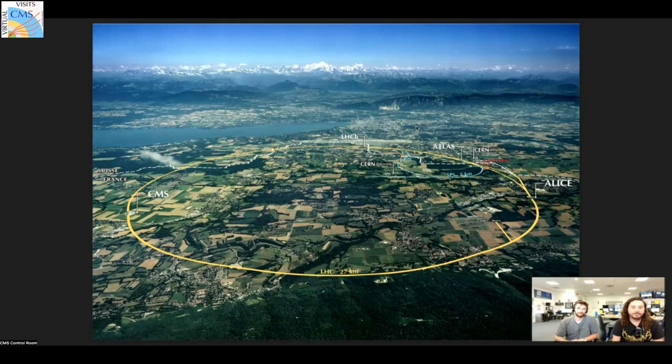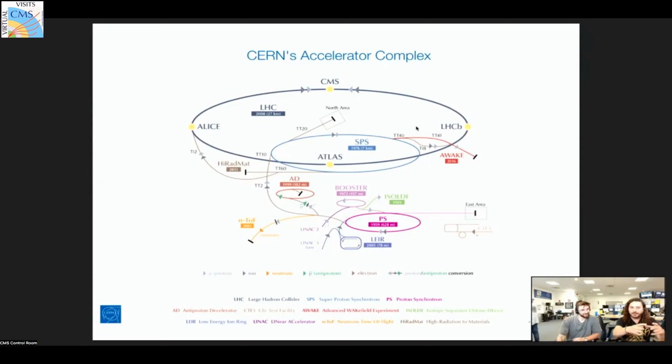Yeah, so we have a few other experiments. As we said, the LHC is, I think, the largest experiment on Earth. I think we can accurately claim that title. So should we move to this sort of abstract representation, where you see at the top the large circle is the LHC, but we have many other accelerators and many other experiments that are ongoing at CERN.